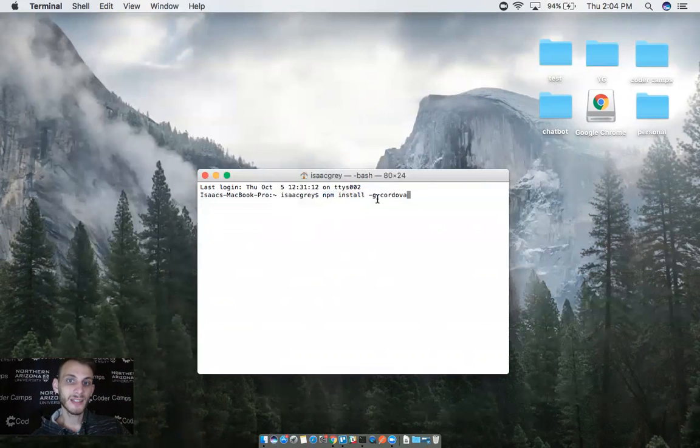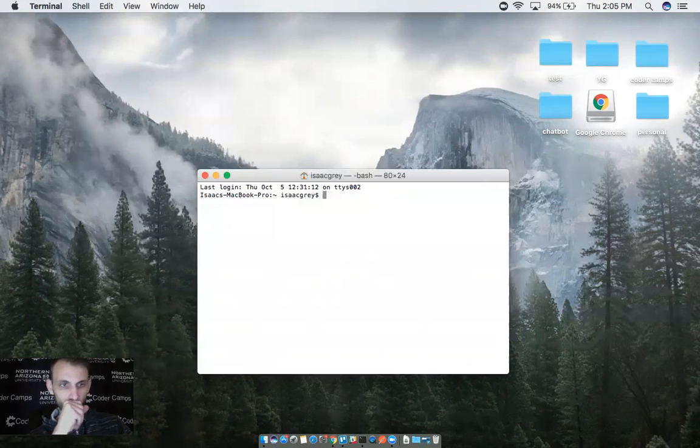From here, we can see the -g flag, and this means it's global. So it'll be a one-time install on our machine, and then we don't have to do it again. So if you don't have it, go ahead and run that. But because I already have it on my machine, I'm actually just going to backspace here, and we'll go to the